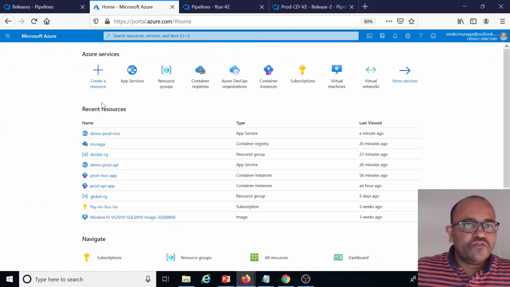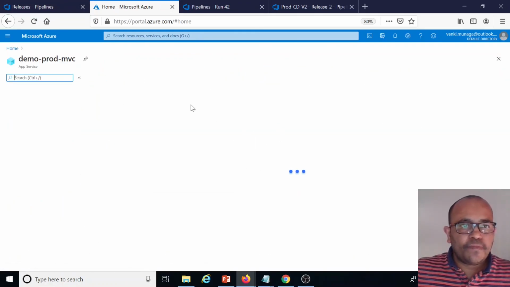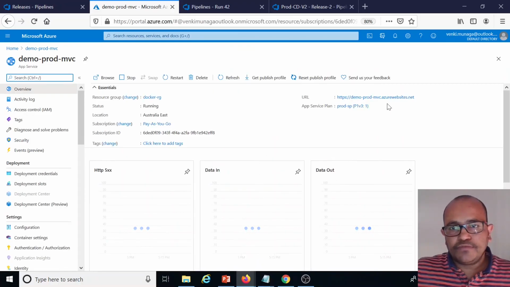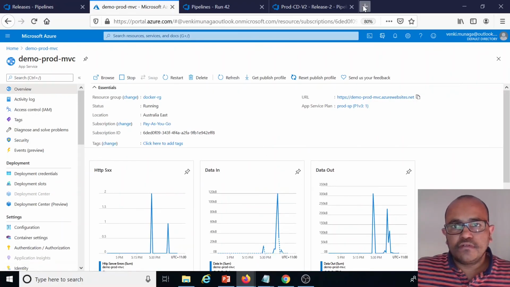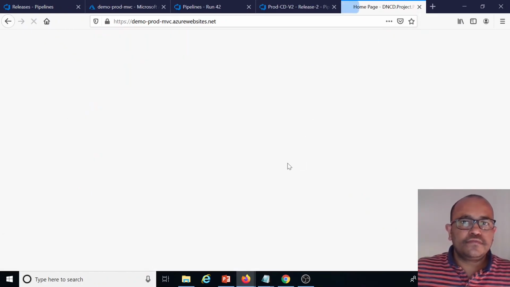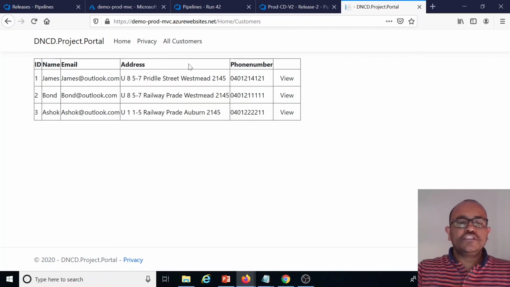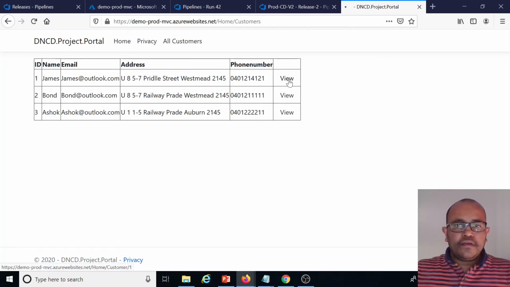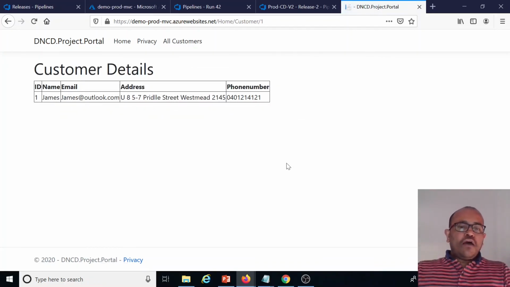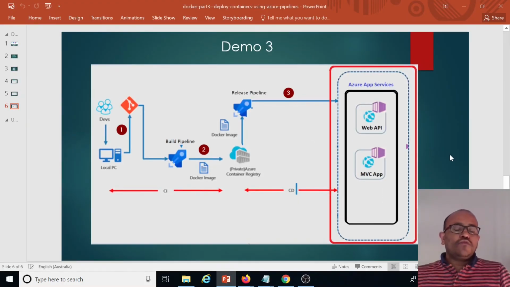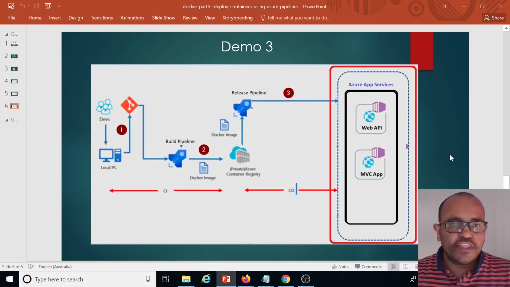Now I will go and verify the integration using the app services. I will click on this one. Now it integrated properly. So now we covered all the scenarios. Whichever way is there, you can go with that one.